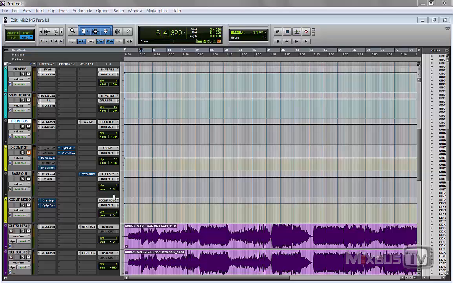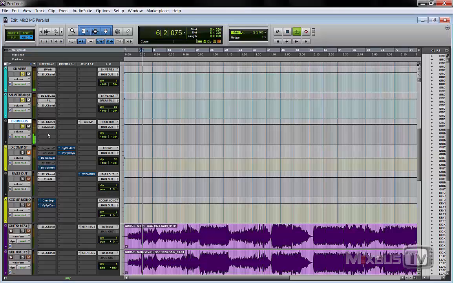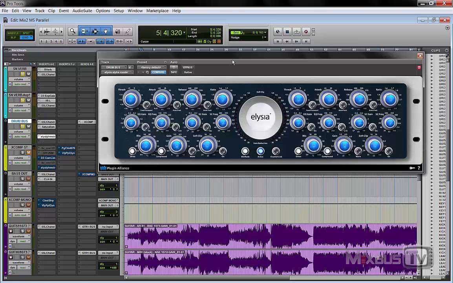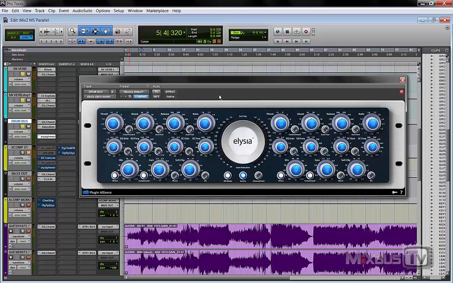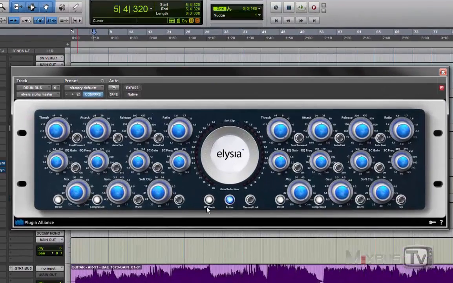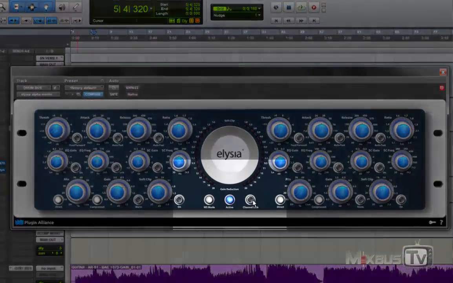So these are just a couple of examples in which you can use mid-side compression. And you can use it for sound designing and weird stuff. But let's start with the drum bus, which is pretty common. Okay, so with a mid-side compressor, let's open up the Elysia Alpha compressor, which has a mid-side mode here and